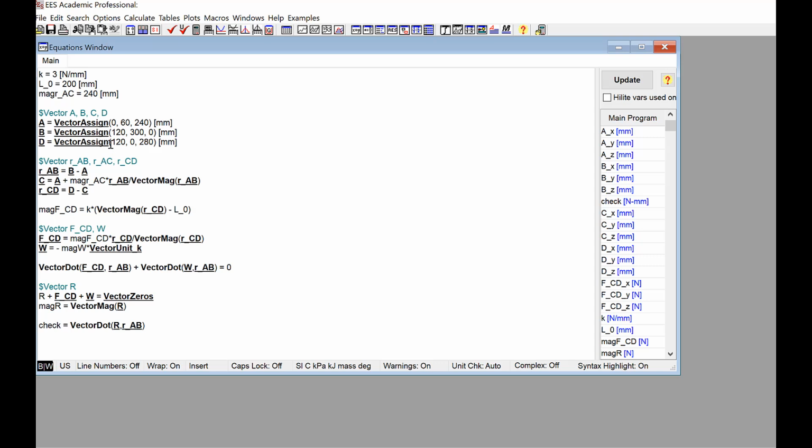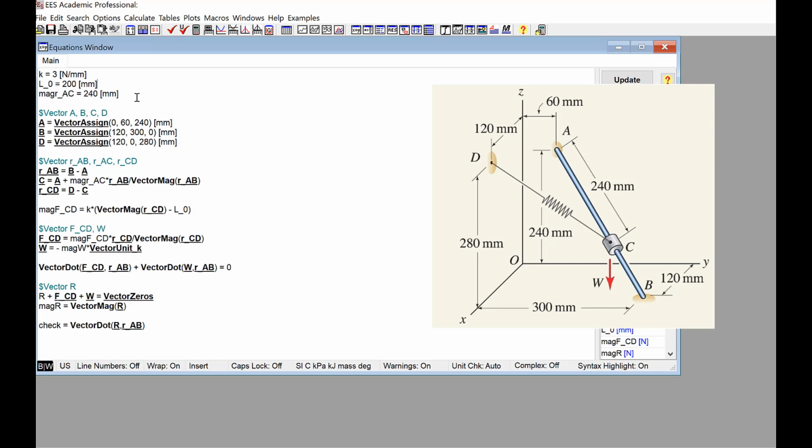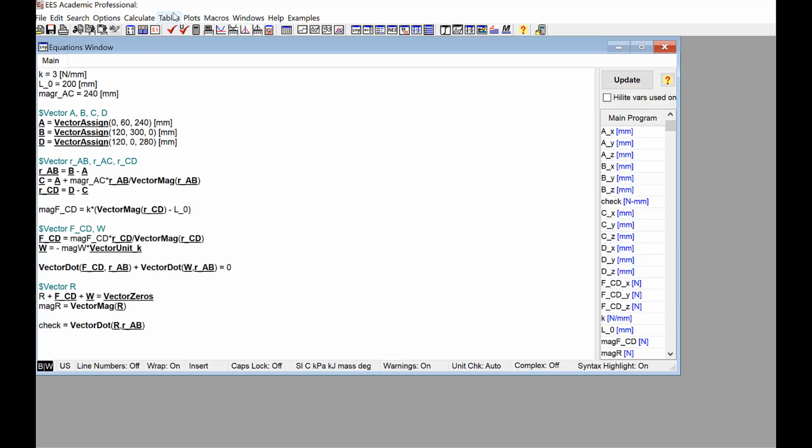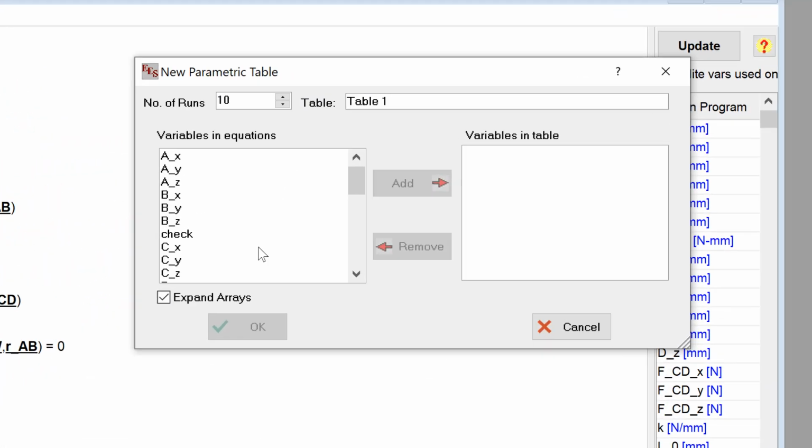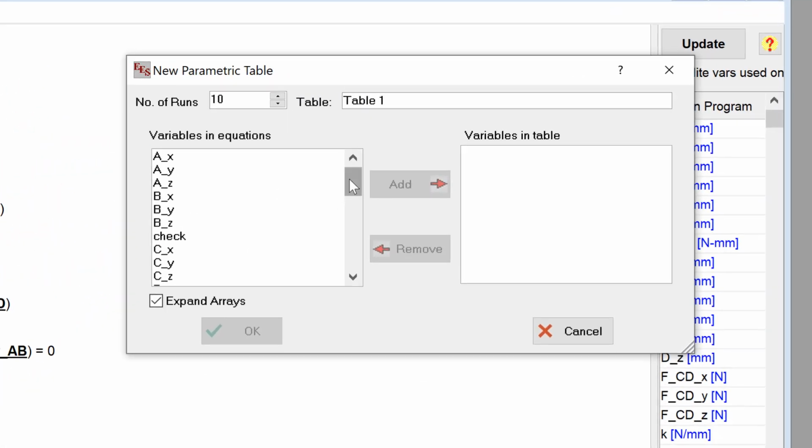Another thing we could do is look at what's the relationship between the weight and the position, right? So we found that if the position is 240 millimeters, the weight had to be like 400 newtons. I would assume if the weight was smaller than that, then this distance would go down, right? So we can build a parametric table to explore that relationship. So here I'm going to go ahead and